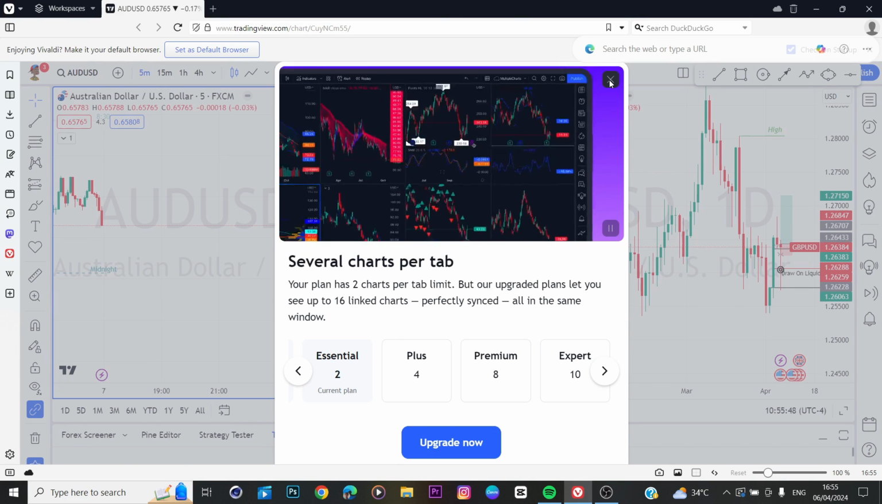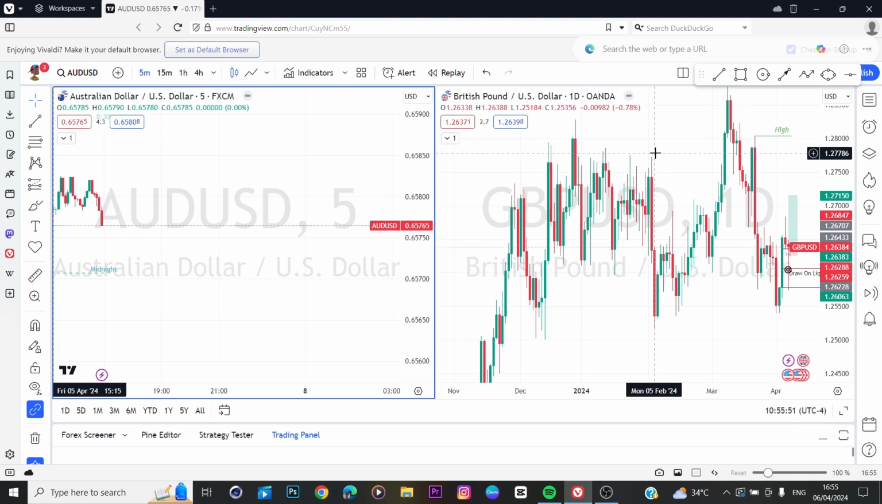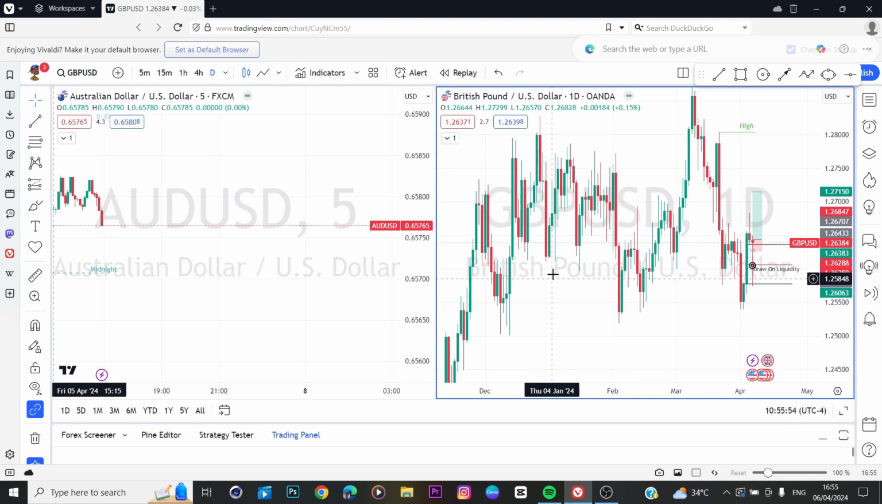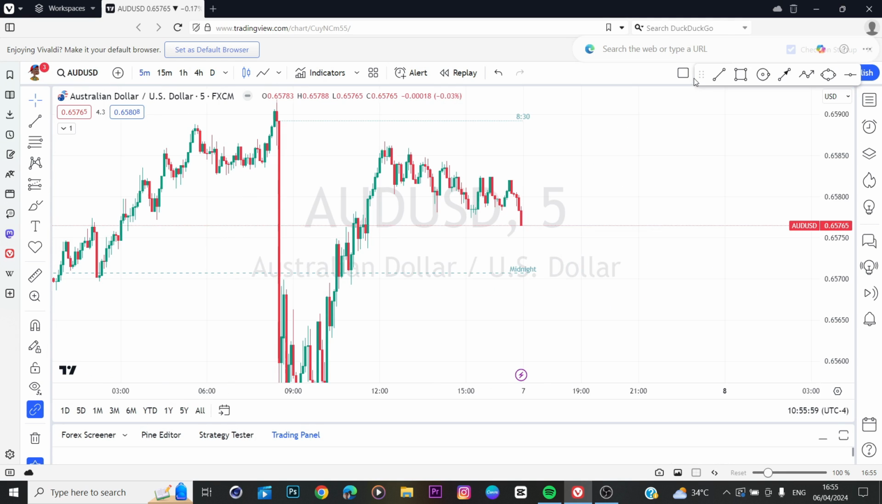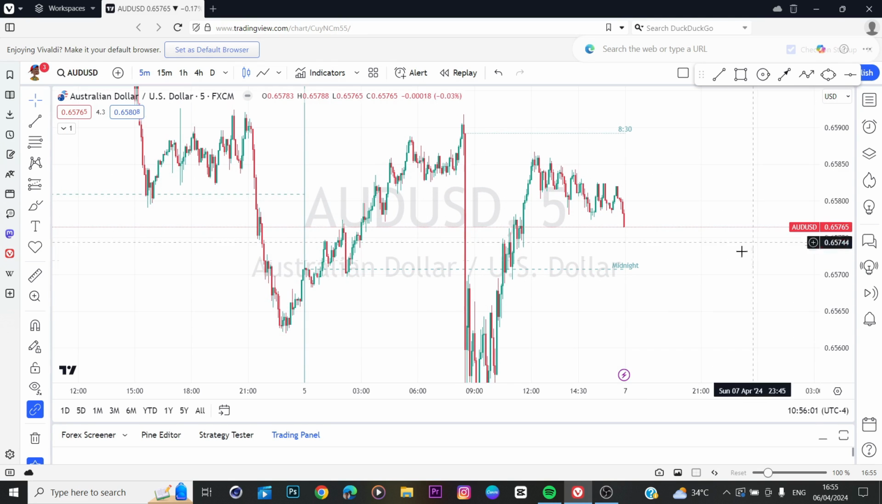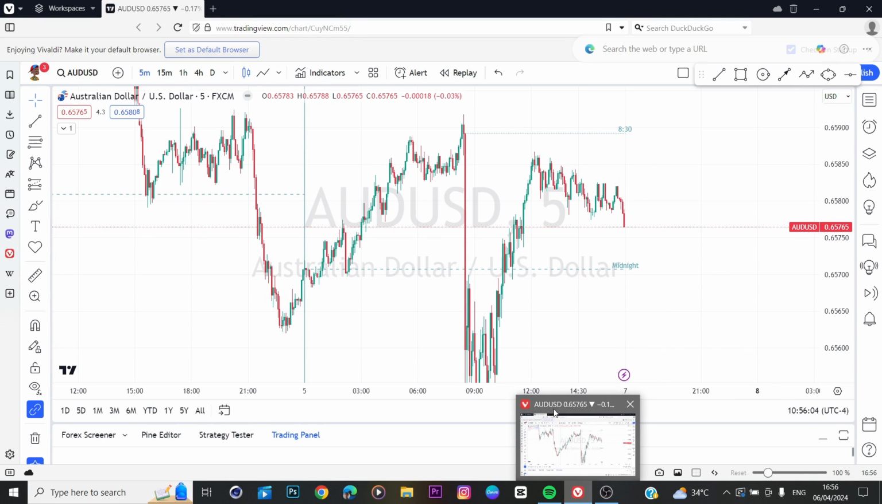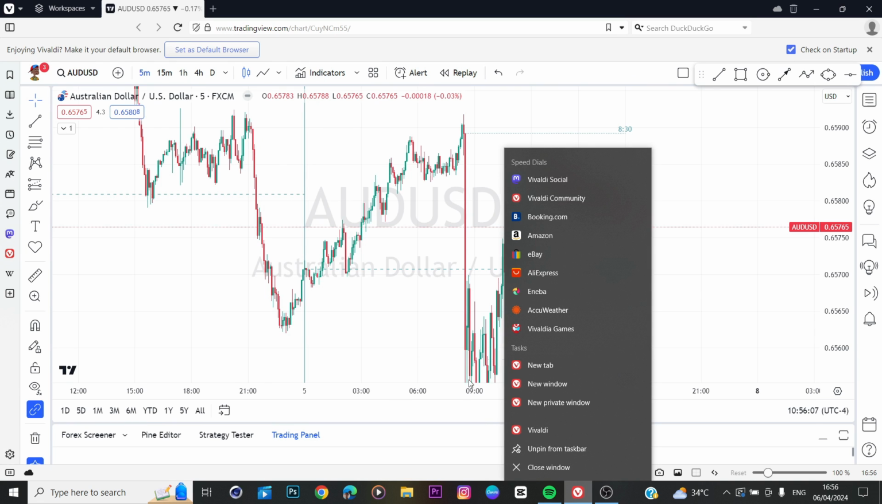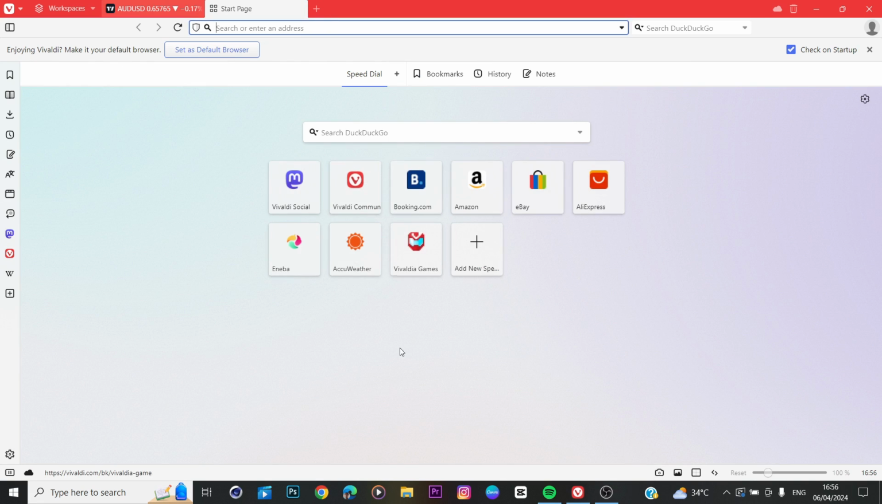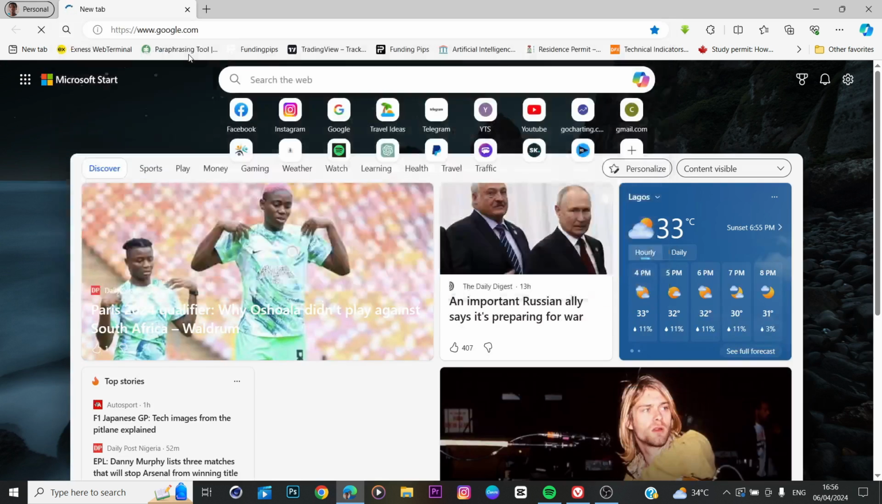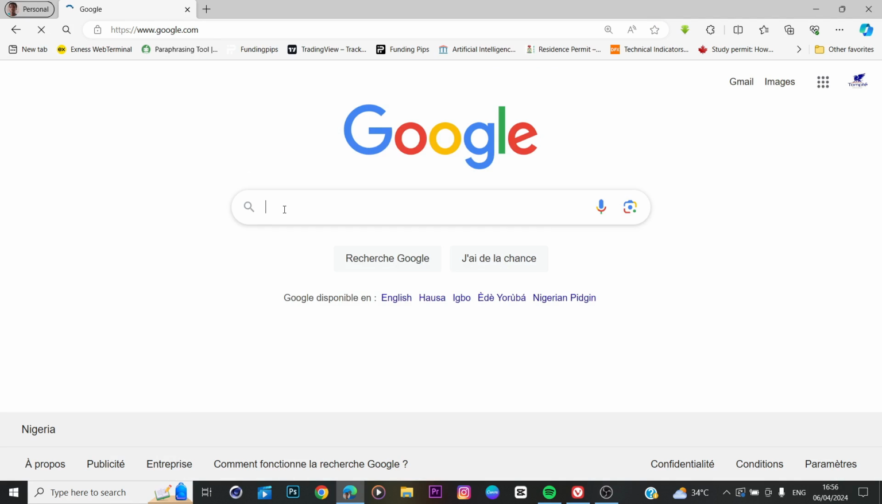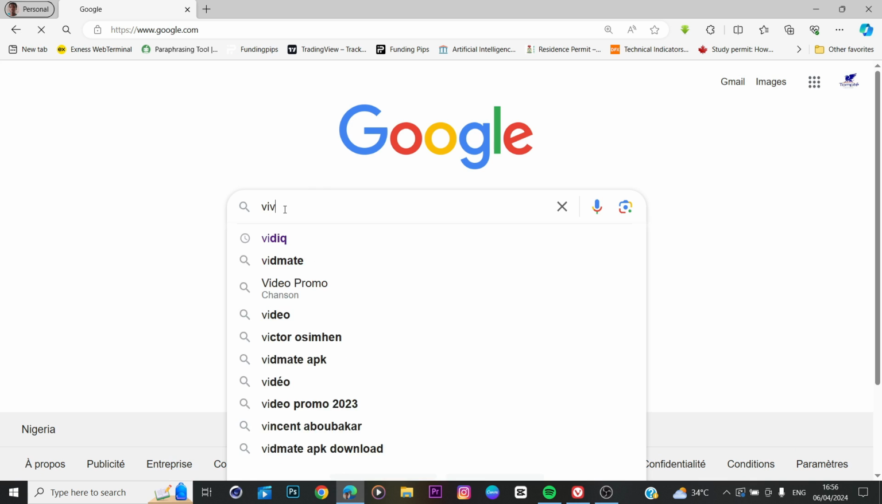Different levels of layouts. But you can also have it for free using this application that I'm going to show you right now. So let's click on this layout and go back to the initial layout, right? So the application I'm going to show you is called Vivaldi. So Vivaldi is a browser. So if you go on Google, sorry, let me open another browser. So if you go on Google and you type Vivaldi